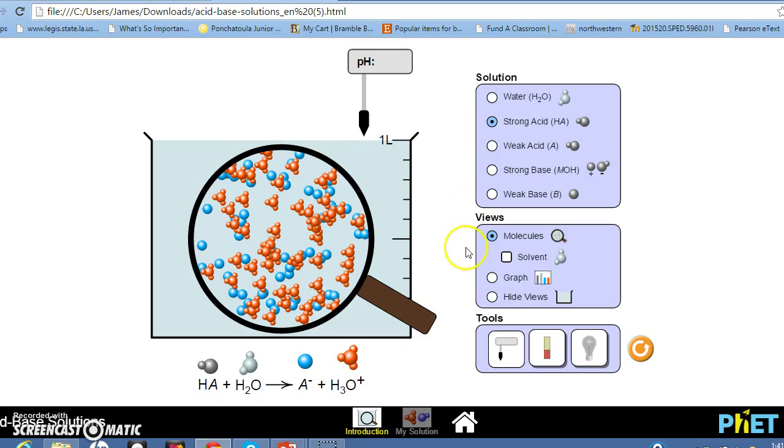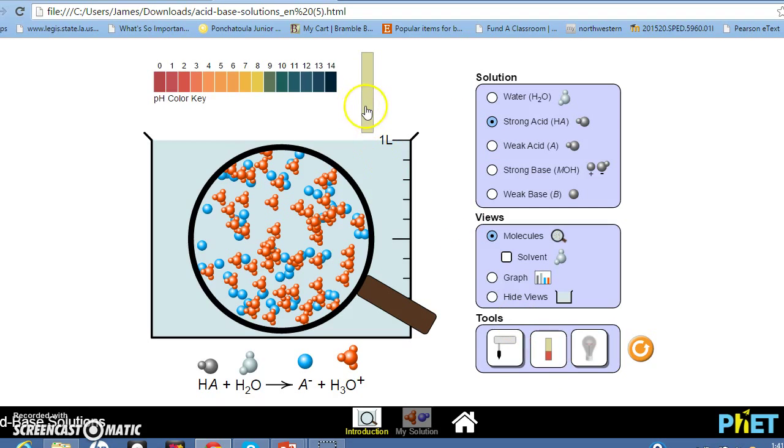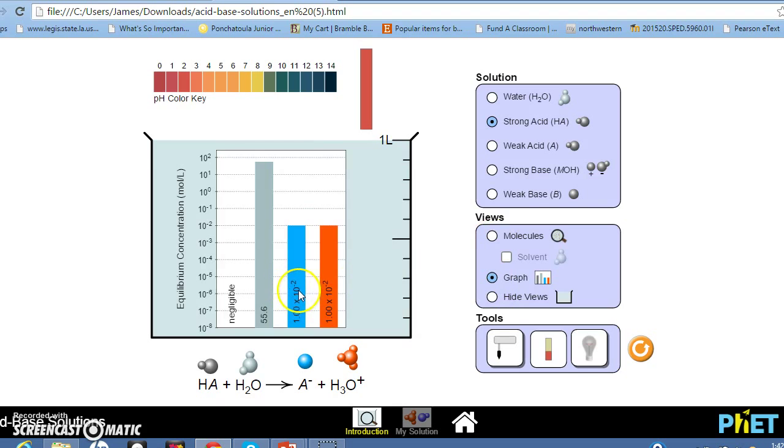Students can also test the pH by interacting with the little pH paper and looking at the code to determine the pH of a solution of a weak or strong acid, and visualize the quantities of those